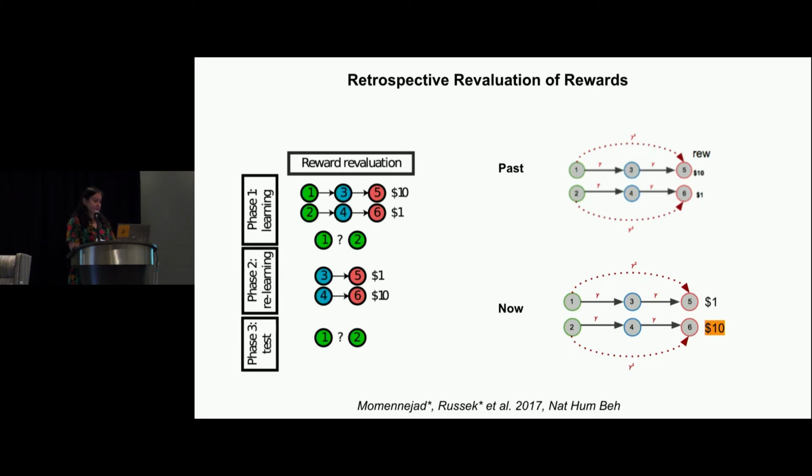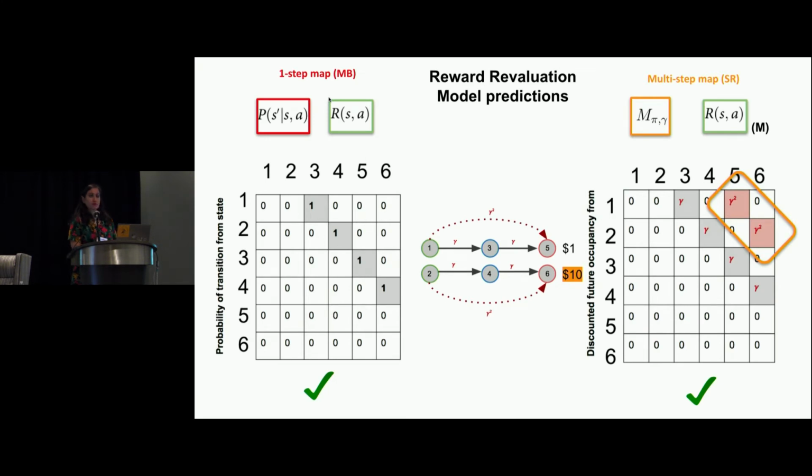And then I'm going to ask you also, do you think model-based can solve it? Raise of hands. A couple of shy, correct hands. Yes, it can. Do you think successor representation can solve it? Raise of hands. Yes, it can. Do you think model-free can solve this? Raise of hands. No, model-free can't solve it because we went back here and it didn't go back to 1 to update the table of values for 1, so it doesn't. You're totally correct. So both of the others can solve it because the only thing that was changed was this reward and nothing in the maps were changed either.